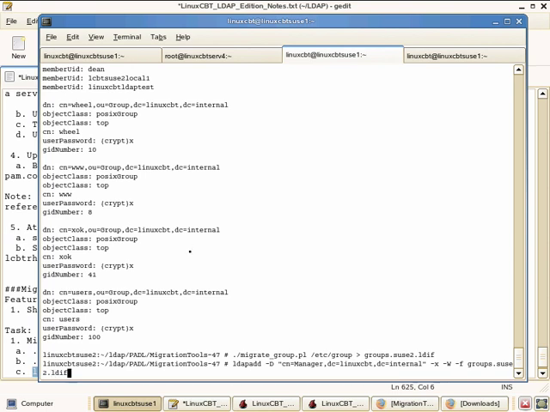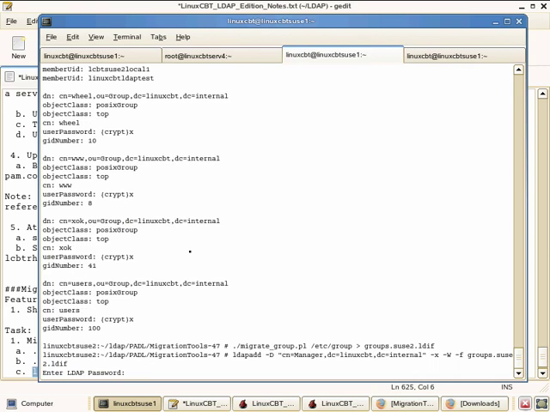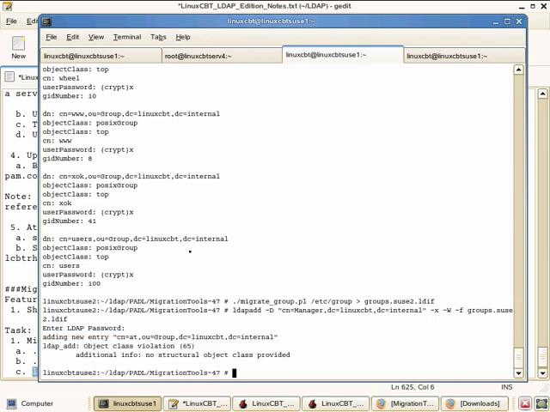Let's try to import these items. It'll prompt us for password, which is still ABC123. Now this happens because the default schema which handles the POSIX group object class does not define, and this is specific to SUSE Linux, does not define the object class POSIX group as a structural object, but rather as an auxiliary object. So the reference here is telling us that when creating objects, we must indicate at least one structural